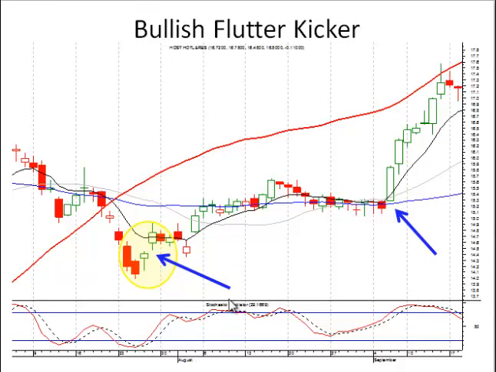So identifying a reversal becomes relatively easy just based on how a price moves after a downtrend. Gap up. Anytime you see a gap up in an oversold condition, you want to pay attention to it. Gap up doji followed by another gap up tells you you're probably in an uptrend.